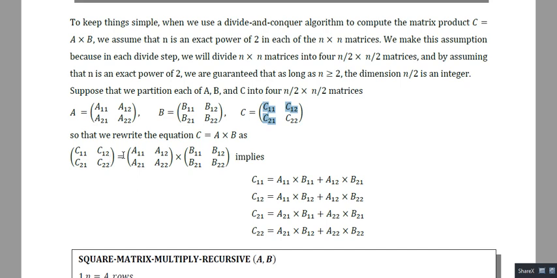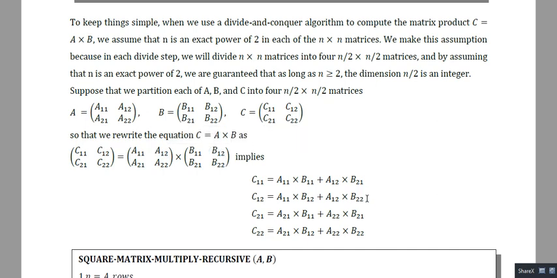As already told, in matrix multiplication we multiply the row of the first matrix with the column of the second matrix. So C11 will be A11 into B11 plus A12 into B21. Similarly, C12 will be A11 into B12 plus A12 into B22.